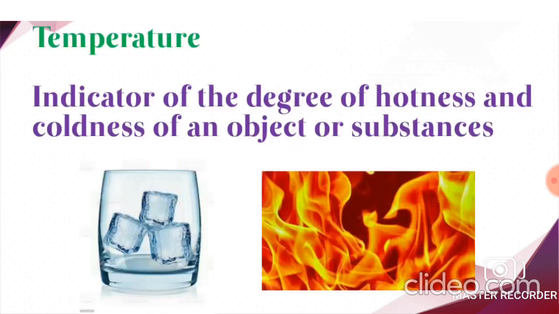First, we will see about temperature. What is temperature here? Children, it acts like an indicator. Here, we express the degree of hotness, meaning how hot or cold a body is, through its temperature. If the body is more hot, then the temperature of that body is more. So, temperature is the measurement of hotness or coldness of an object.